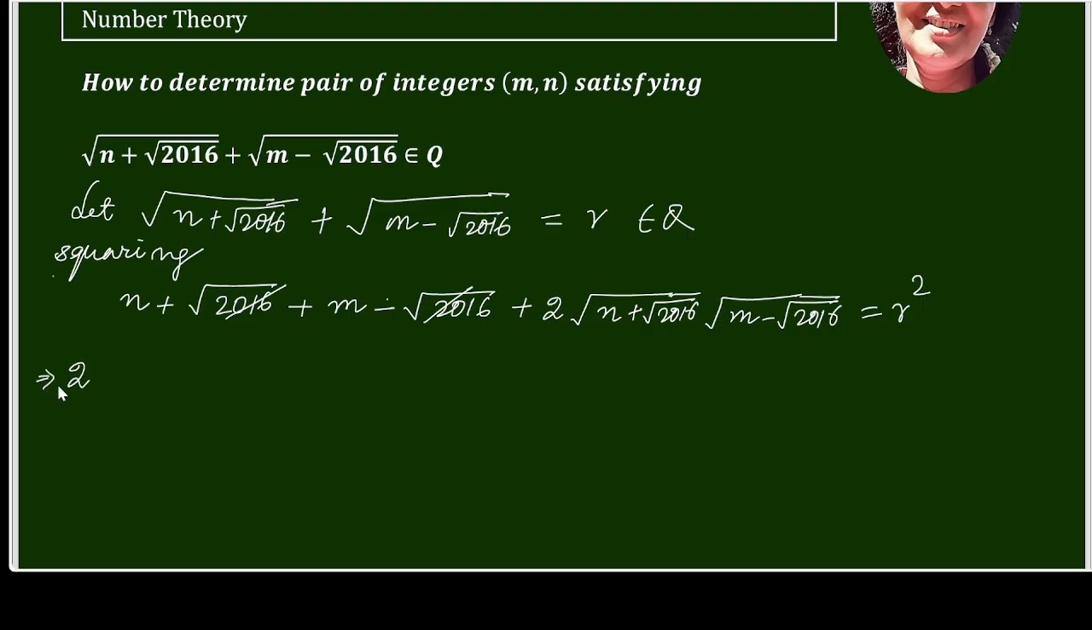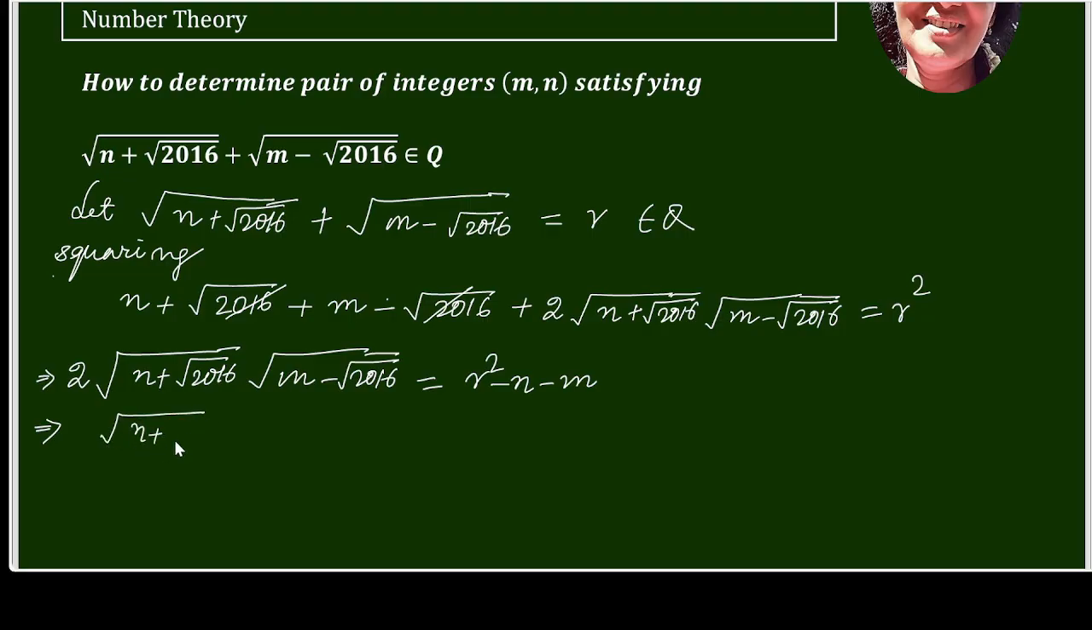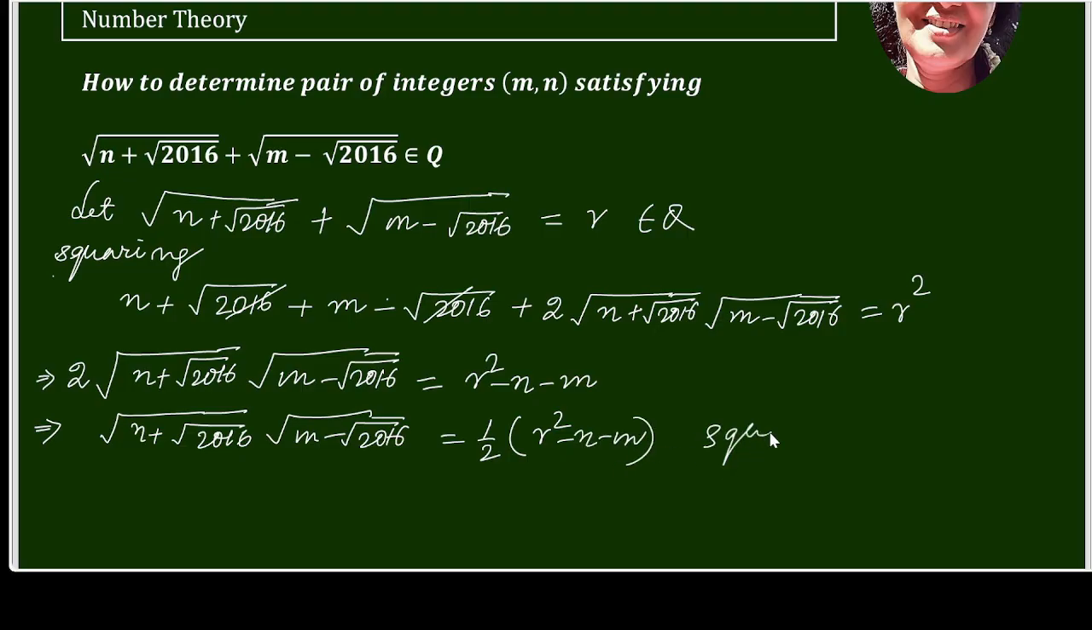So we'll get twice the square root of (n plus square root 2016) times (m minus square root 2016) equals r square minus n minus m, or the square root of (n plus square root 2016)(m minus square root 2016) equals half of (r square minus n minus m). Now again squaring both the sides,